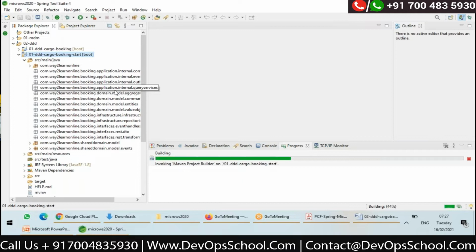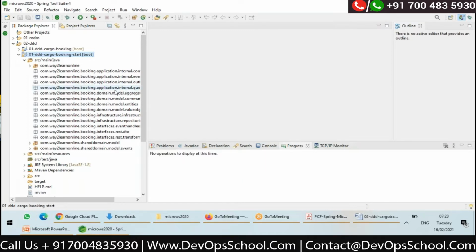Let me step by step show how I'm going to design my application. Of course, I'm not going to write code now, but I'll copy paste wherever possible, and I'll explain. So whenever you are designing your bounded contexts, the first thing I will do is decide what all are the events published by my booking application, because I'll create an event object and publish it, right?